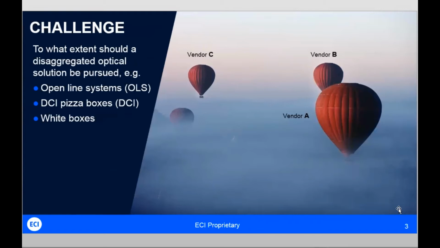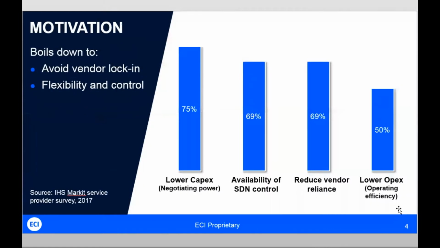So certainly there's more and more options that are available out there to you today in terms of being able to assemble open optical systems. The question is, what should you be doing in the case of your particular NREN? And what I'll do today is walk through a number of these different examples and go through the various trade-offs, and then you can start judging for yourself what might make sense for you.